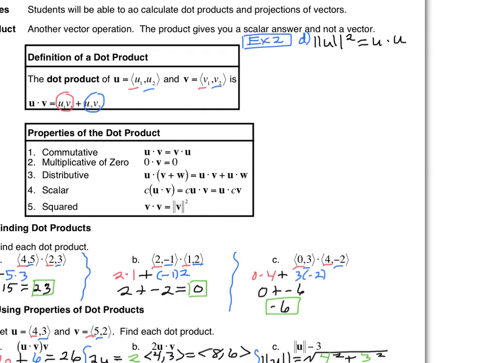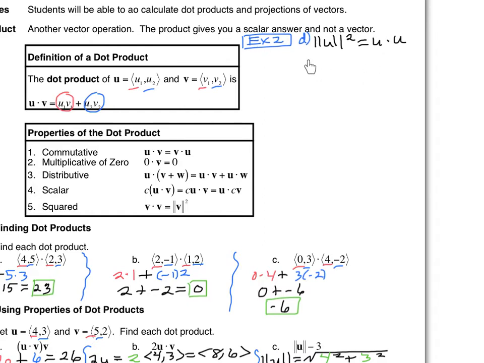We're going to prove that. So we already know what the magnitude of u is. What's the magnitude of u? We found it in C, right? 5. And if I square it, what does that give me? 25. So we're going to find the dot product of u to itself, and it should come out to be 25,